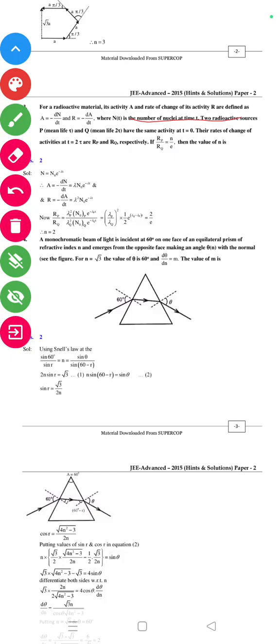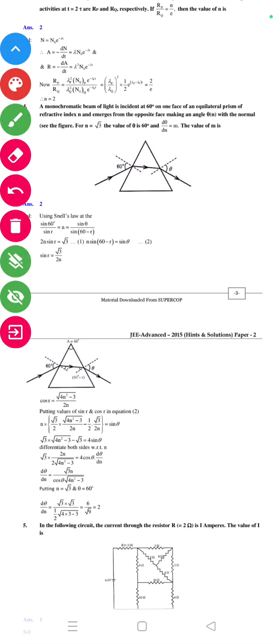होता है N is N naught e to the power minus lambda t, A is equal to minus dN by dt is equal to lambda N naught e to the power minus lambda t and R is equal to minus dA by dt, तो lambda square N naught e to the power minus lambda t। Now RP by RQ is equal to lambda P square N naught e to the power minus lambda P t और lambda Q square N naught e to the power minus lambda Q t। तो lambda P by lambda Q का whole square into 1 by 2 e to the power (lambda Q minus lambda P) into t इज इक्वल टू हो जाएगा 2 by e। तो n का वैल्यू कितना जाएगा, 2 चला जाएगा।